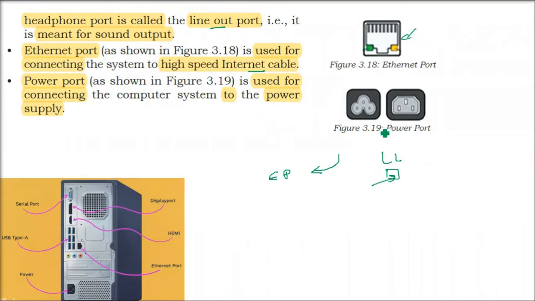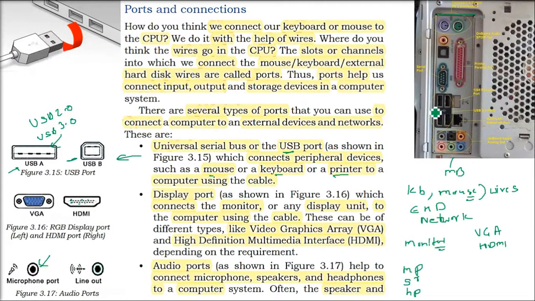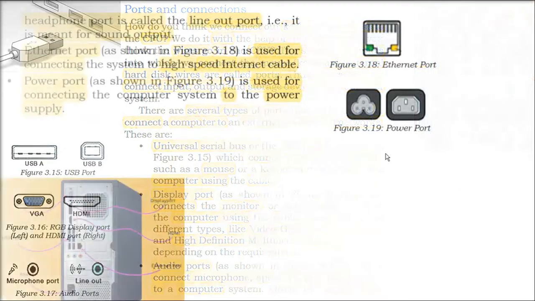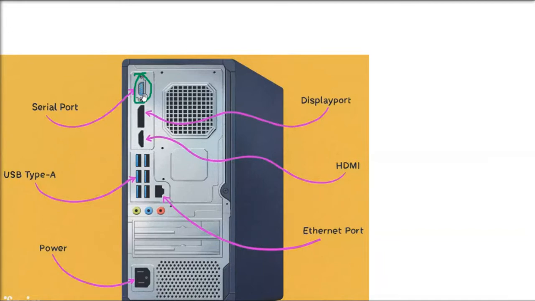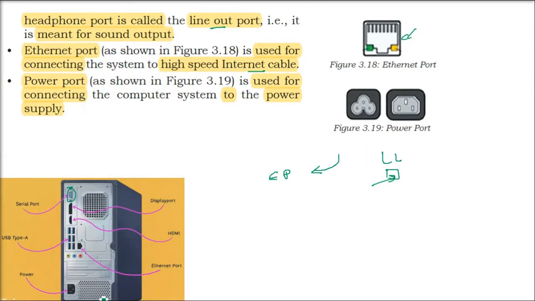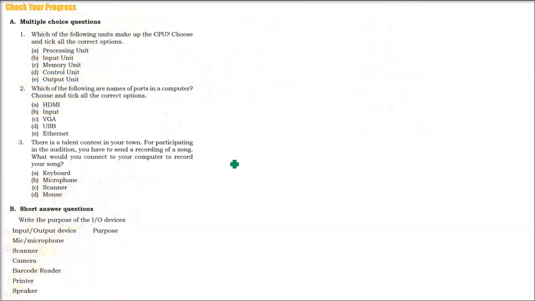Now, Ethernet port and power port, they're also important. See here. Here I didn't show you the power. Power has to be there. Now let me tell you again. This is the serial port. Okay, video output. These are different ports. These are display ports. It can be, say, HDMI also. This is your USB. This is the power port. Ethernet port is also shown. It's quite heavy. There will be an SMPS for power.